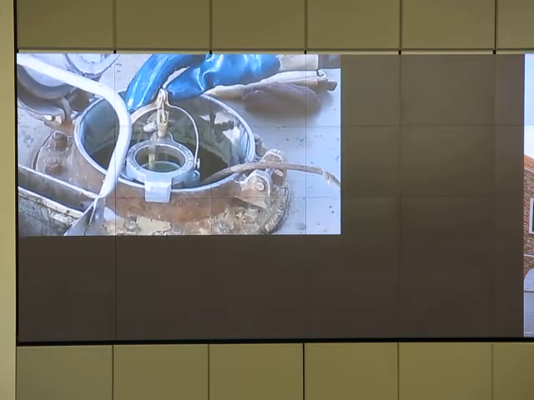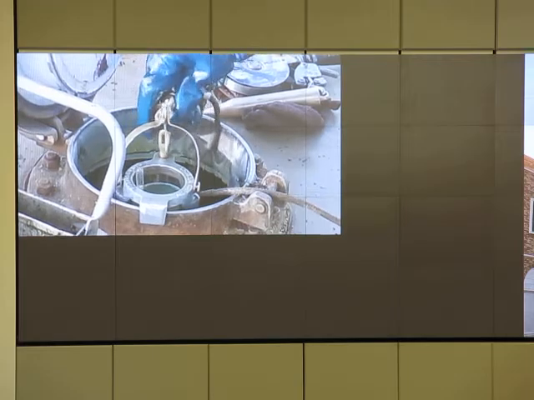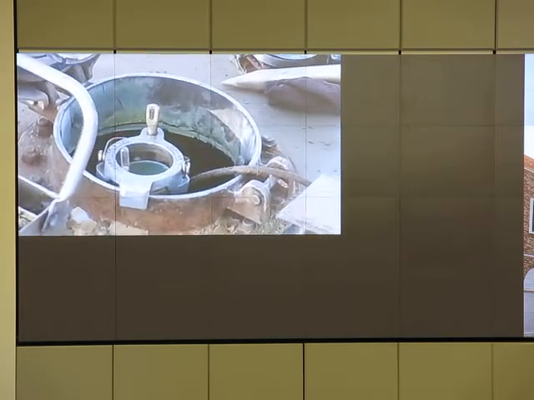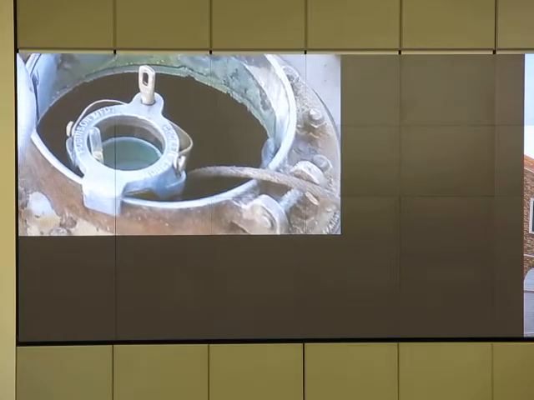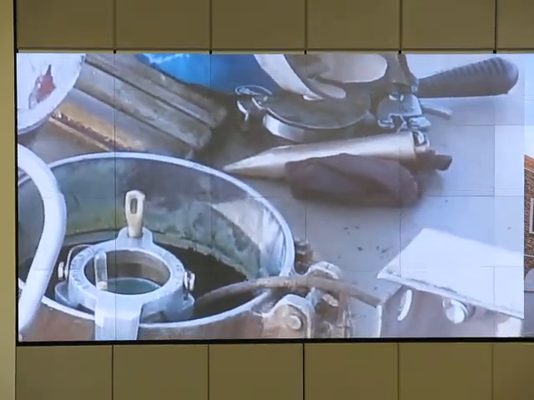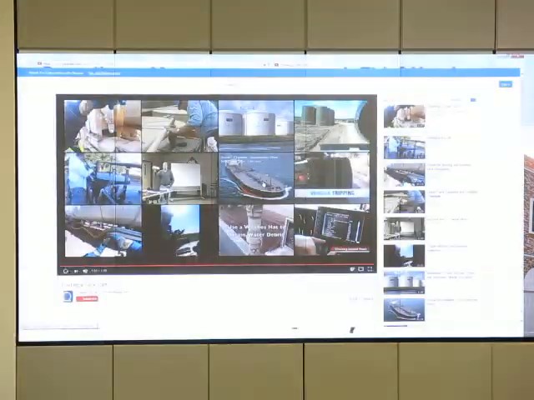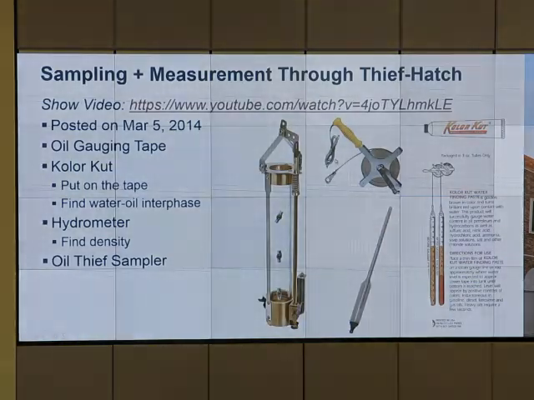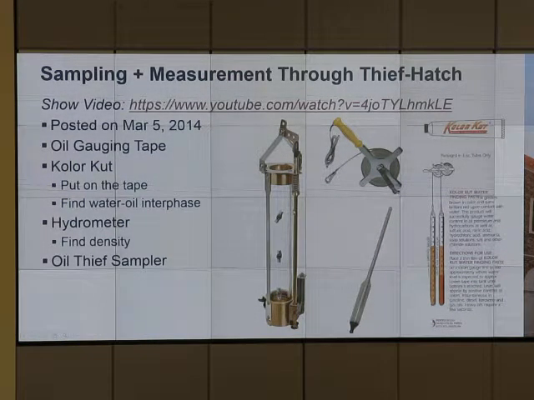If you want to know, what's that thing that they drop, you know? Hydrometer. So put it in and read it, and it tells specific gravity, right? This is some kind of work that if you don't need to, you don't do it. If you need to, okay, do it. You get sample, have a hydrometer, get the density. Use color cut to find oil water interface. It just changes the color so you know exactly where the water is, right?